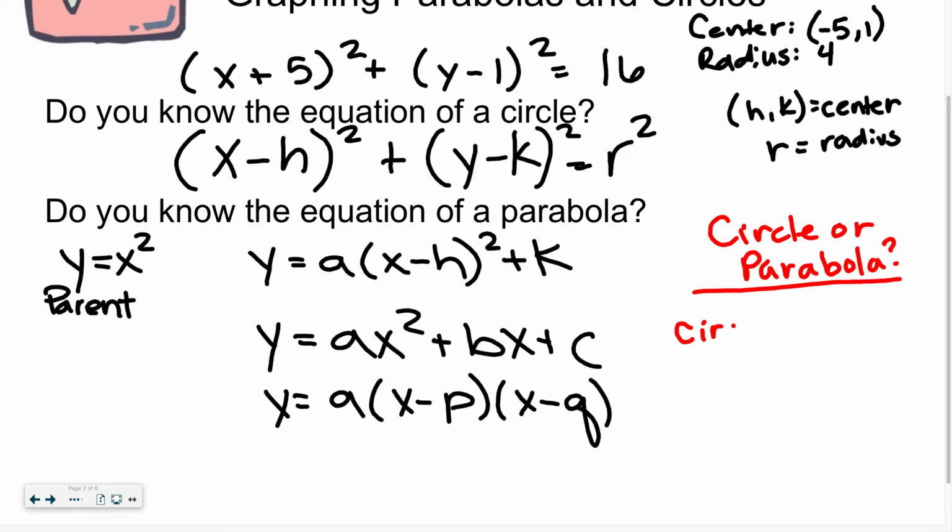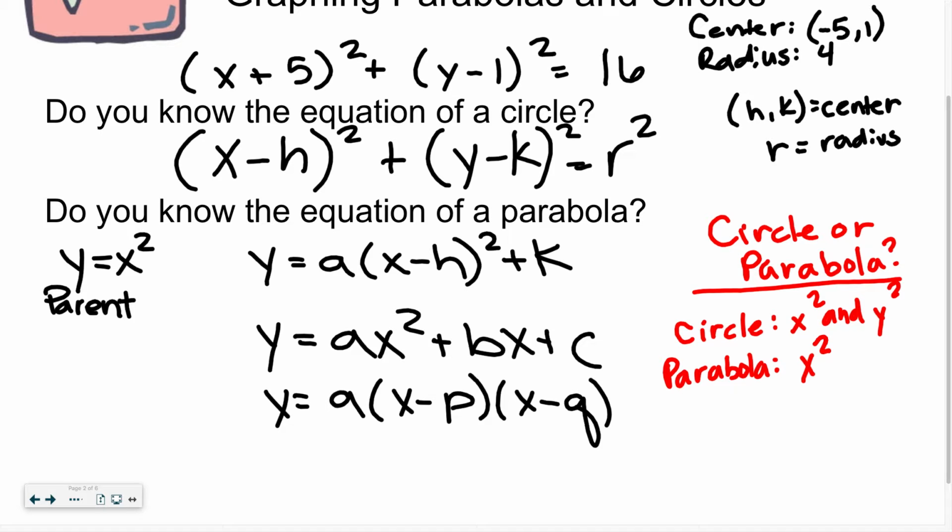If it's a circle, it has x squared and y squared, right? Look at the equation of a circle. Both the x and the y are being squared. If I FOIL out the x minus h, or y minus k, I'm going to get an x squared and a y squared. If it's a parabola, it only has